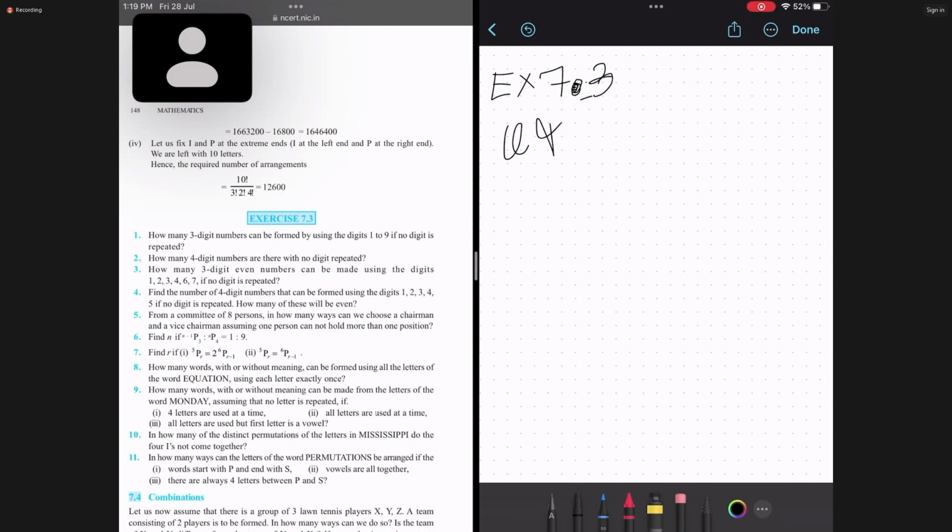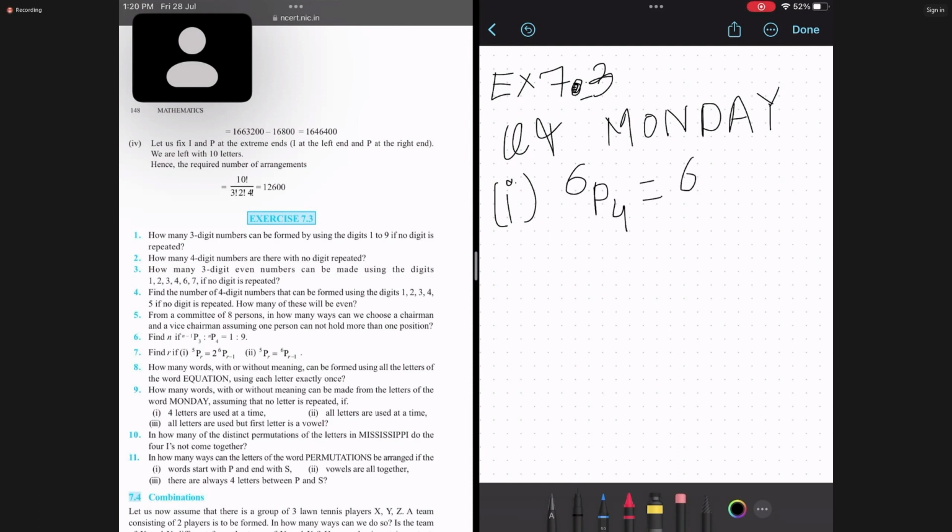How many words, with or without meaning, can be made from the letters of the word Monday, assuming that no letter is repeated, if 4 letters are used at a time? The word that we are using is Monday. For the first case, we are using only 4 of the 6 letters that we have. So first we select any 4 letters at random, and then we permute them. That is nothing but